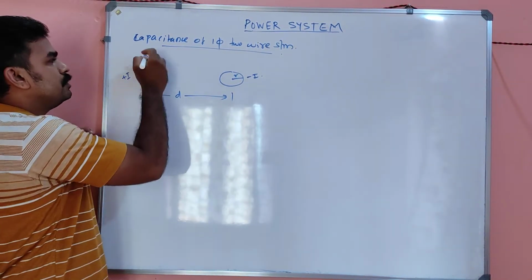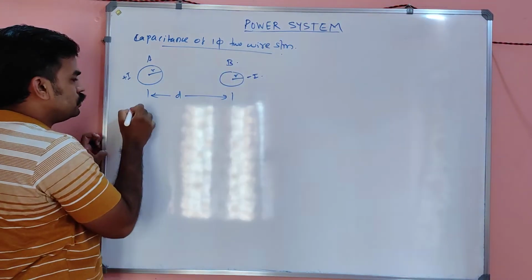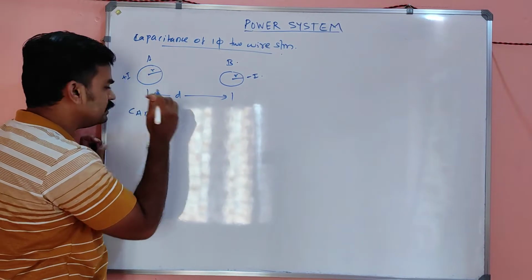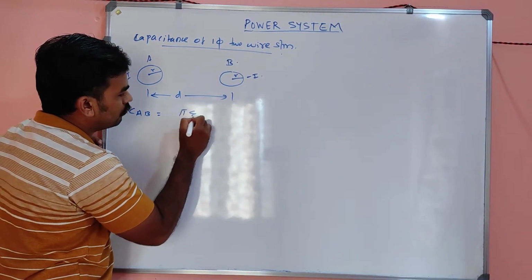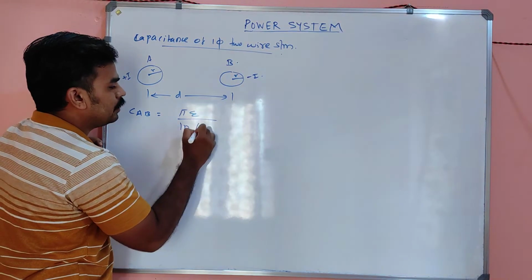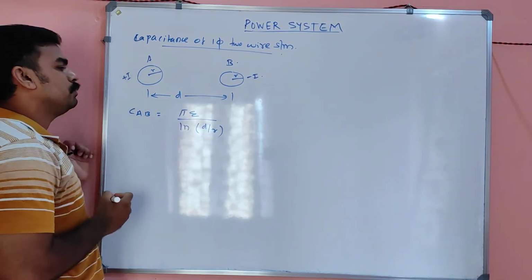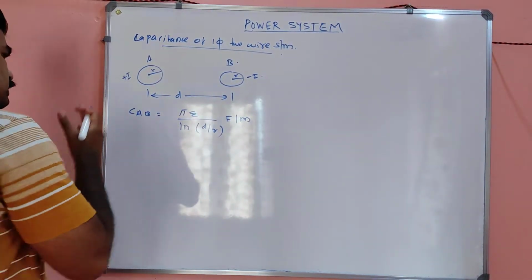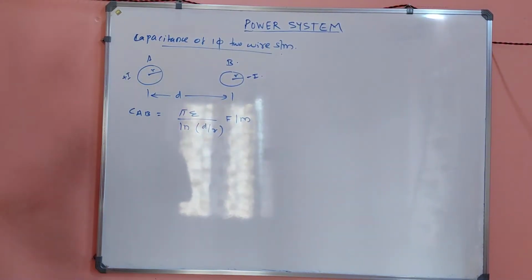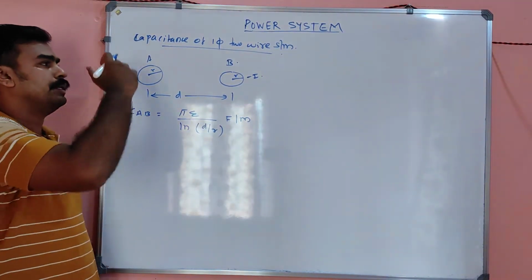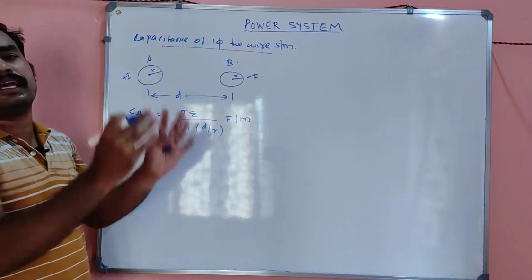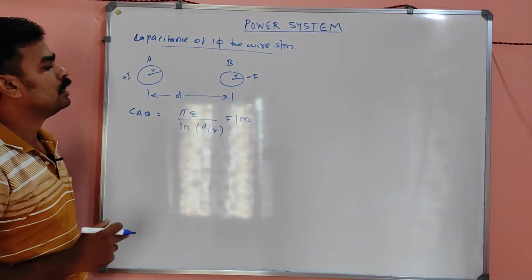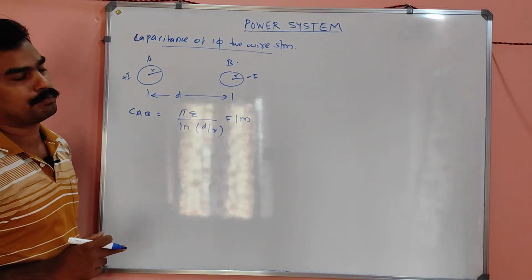So the capacitance between, suppose let it be A and let it be B, so CAB. It is again a very long proof, so we don't want that proof, we just need the equation. Pi epsilon divided by ln d by r, that is the equation, in farad per meter. This is the per phase capacitance of the two lines. The capacitance between the two lines is CAB equal to pi epsilon divided by ln d by r farad per meter, where